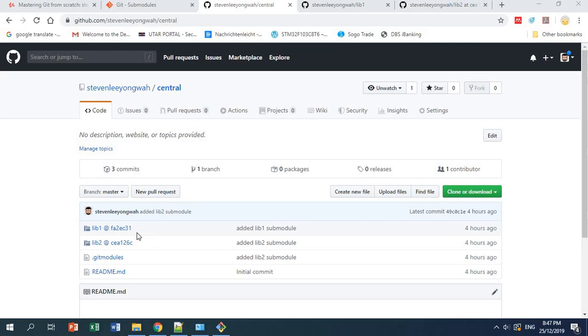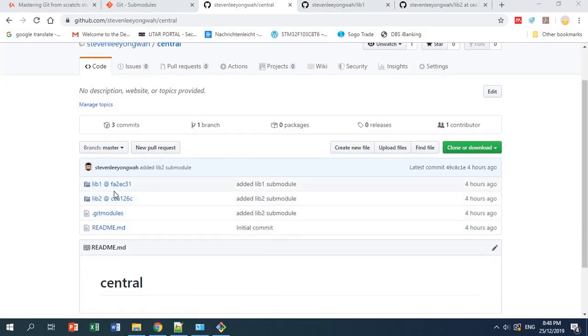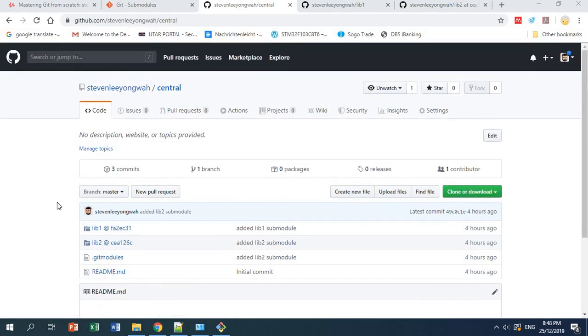So in the previous tutorial, I've shown you how to add submodule into the central repository. So I have added a library 1 submodule and also the library 2 submodule, and the central repository is tracking this particular commit for library 1 and this particular commit for the library 2. So in this tutorial, I'm going to show you how to clone the central repository as well as its submodule